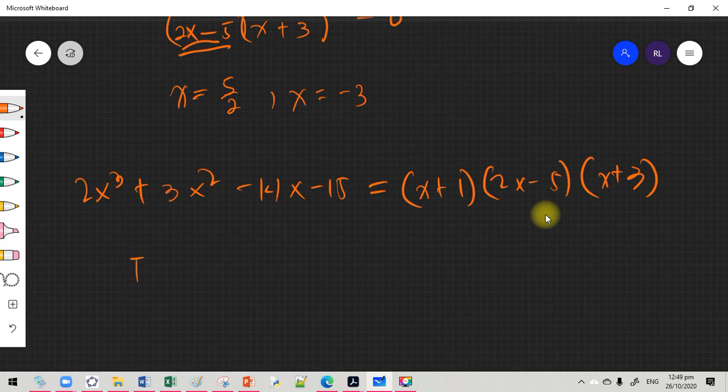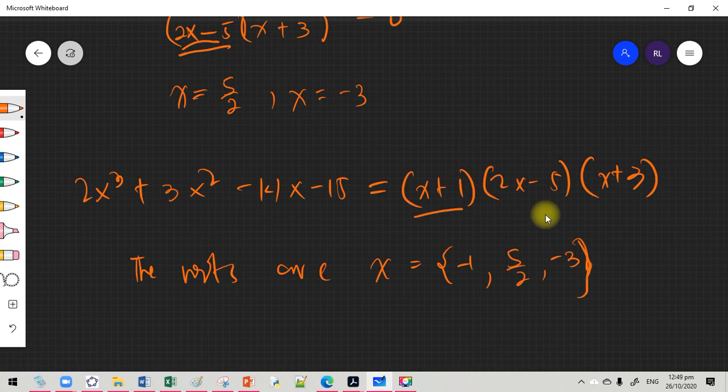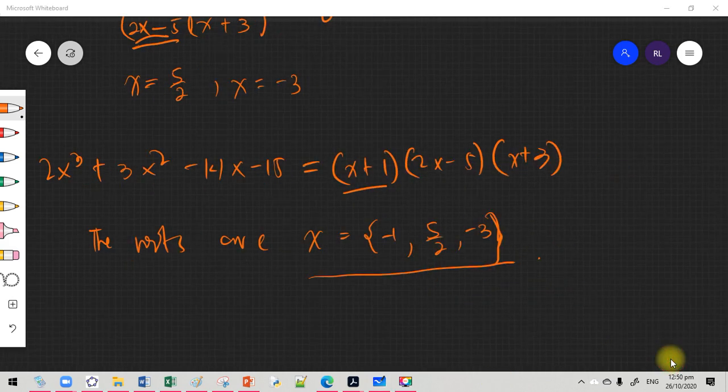The roots are x equals -1, 5/2, and -3. Okay, so these are our roots. These are the values of x that will satisfy our equation. Okay, so